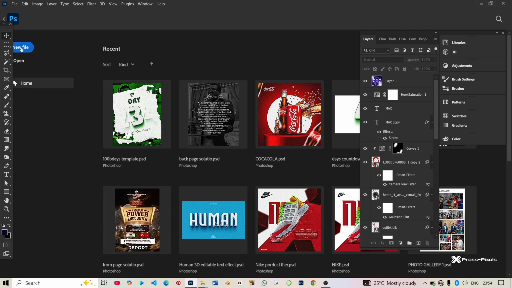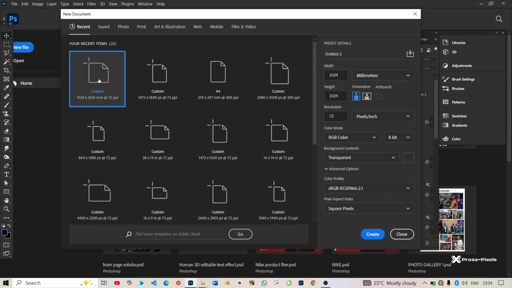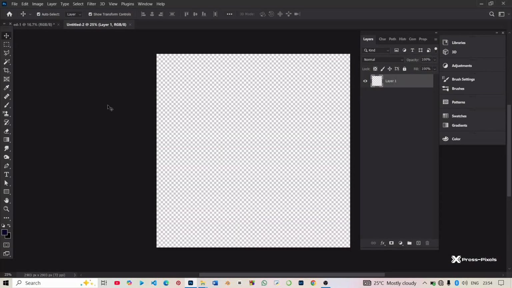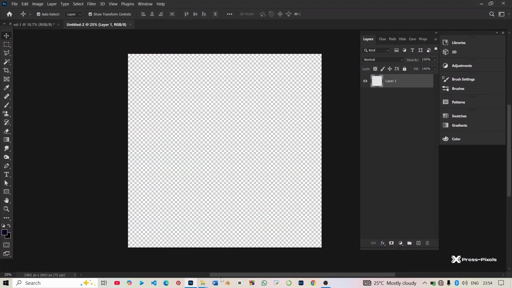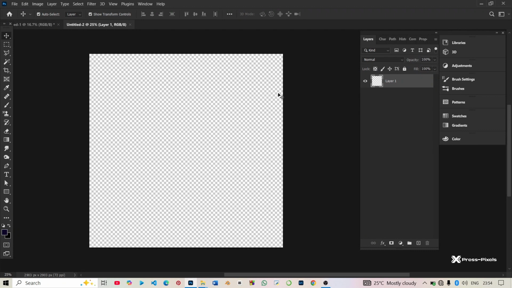Alright, so we're just going to quickly dive into it. I'm going to be creating a new file. This new file, I'm going to begin this custom here, that's 1024 by 1024 millimeters. I'm going to create. So now the first thing we're going to do is I'm going to start with my background, but before that